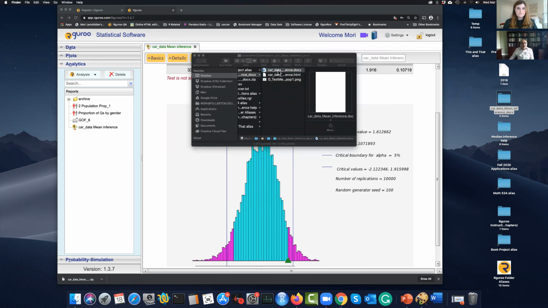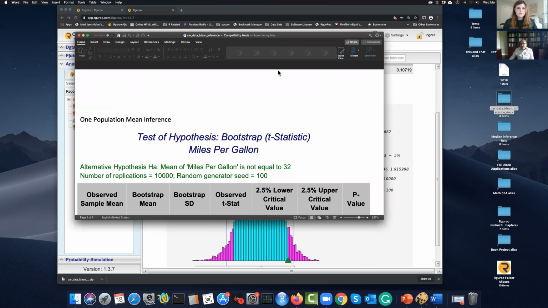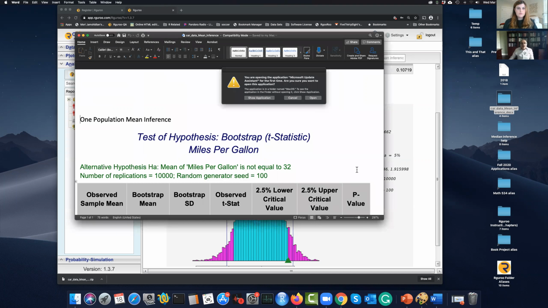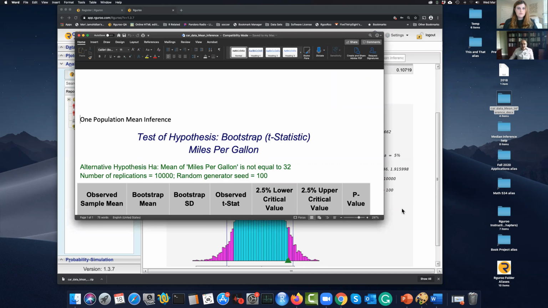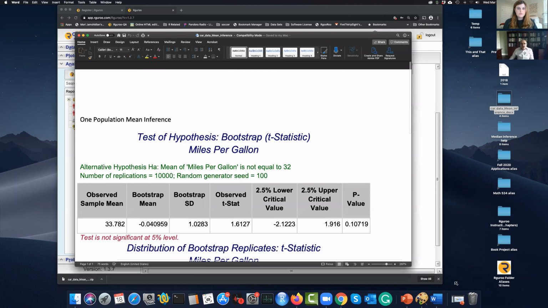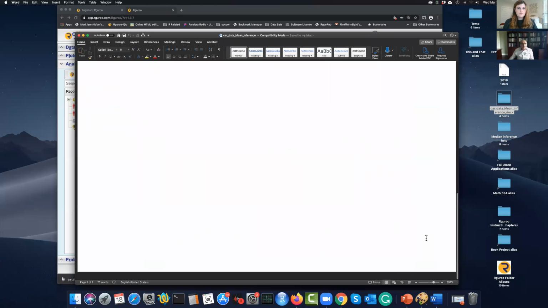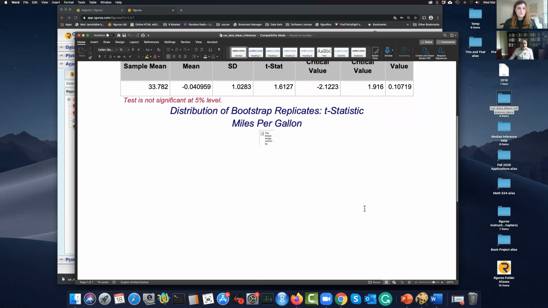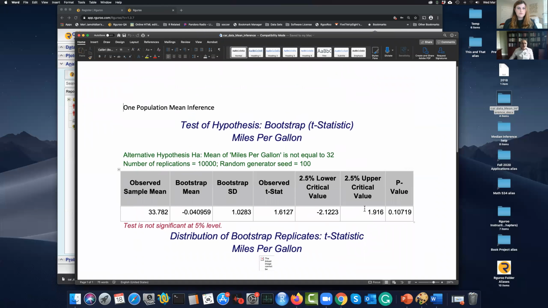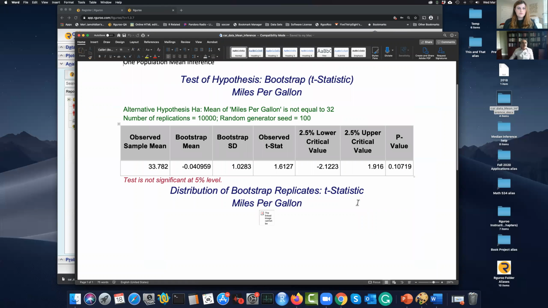If I click on the Word file, it's going to open up. And so here now you have your Word file. Now it's in Word, and people can go ahead and type in stuff. Notice that the graph isn't there. If you have older versions of Word, it is going to be there automatically. But with the newer version of Word, at least